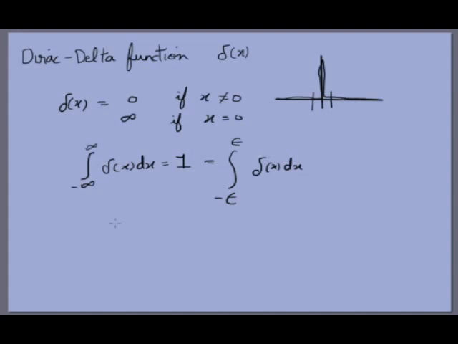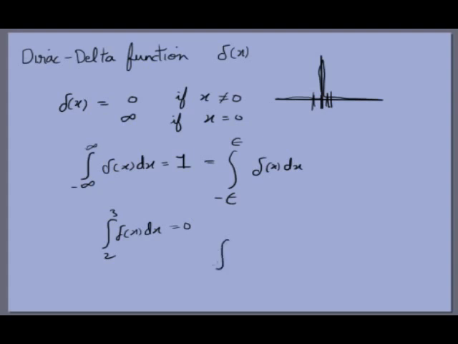because all we need is any interval containing the point x is equal to 0. If you took the integral of delta x dx from 2 to 3, then it would be 0, because this interval does not include x is equal to 0, which is the point where you have the delta function. An interesting property of the delta function is, whenever you put the delta function multiplied by another function inside an